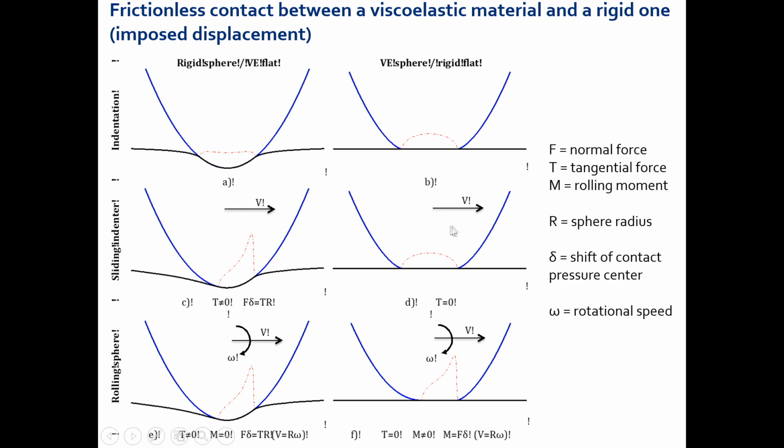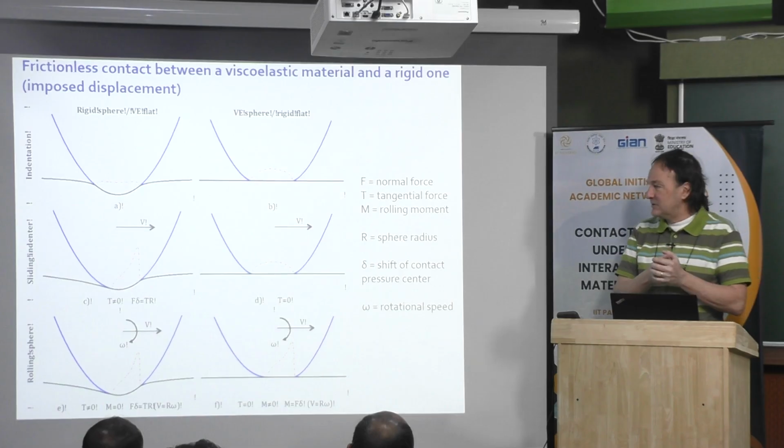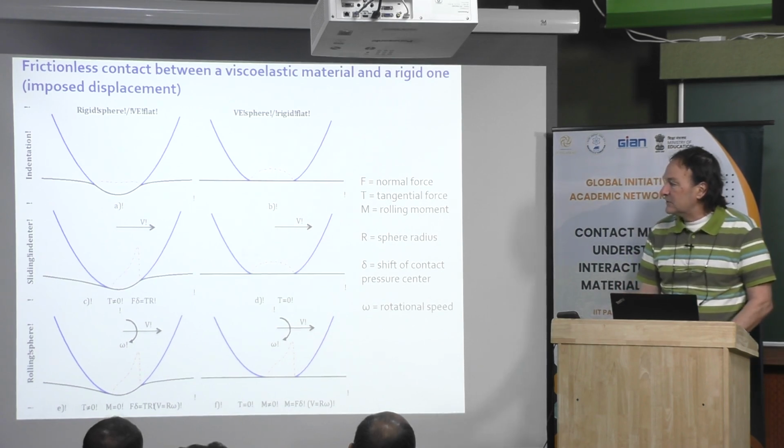Now, if the plane is rigid, of course, the pressure is always vertical. Then you have this type of pressure distribution. Here, you have no resisting force. This is quite funny because it looks like the same problem, but it is not the same problem. Here you have no resisting force, and you have one here.